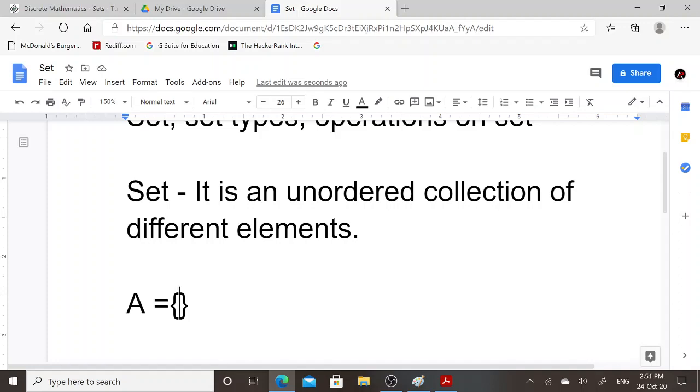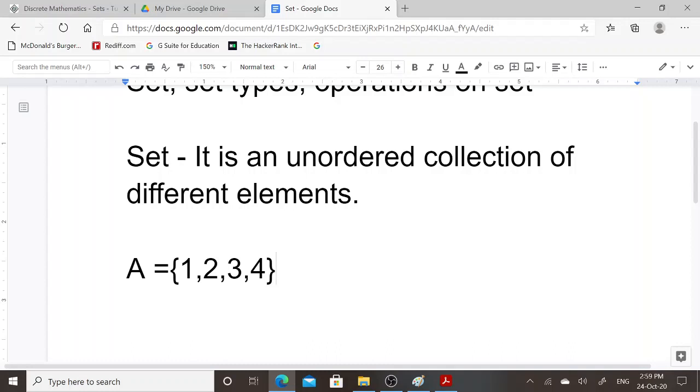For example, consider a set of positive integer numbers less than 5. What different positive numbers are present in this set? 1, 2, 3, 4. These are the elements present in set A, that is, all positive integer numbers less than 5.